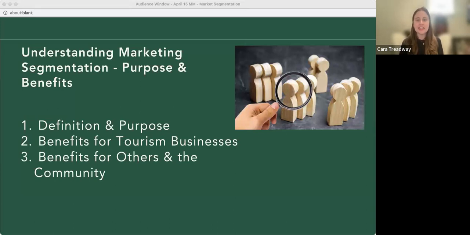And then also, segmentation benefits the entire community or the entire region by fostering stronger relationships with these targeted audiences that you've worked to segment. And it creates competitiveness because now your campaigns are more targeted and there's more thought going into your marketing efforts. So it's really leading to that brand loyalty that we desire, or in the field of tourism, destination loyalty as a whole, or destination preference, and therefore benefiting the entire community.